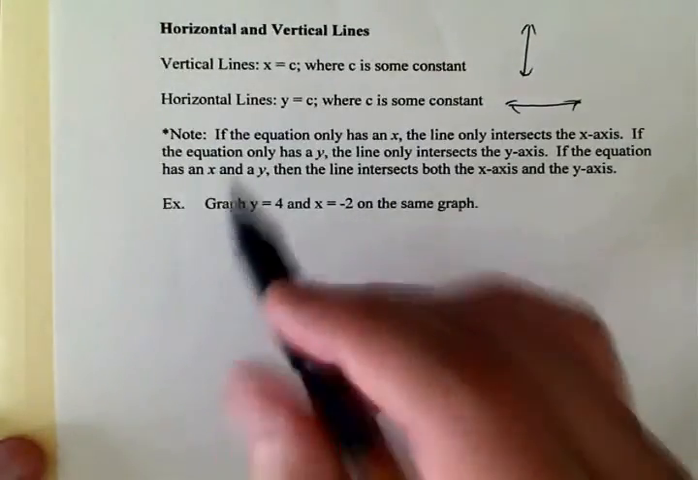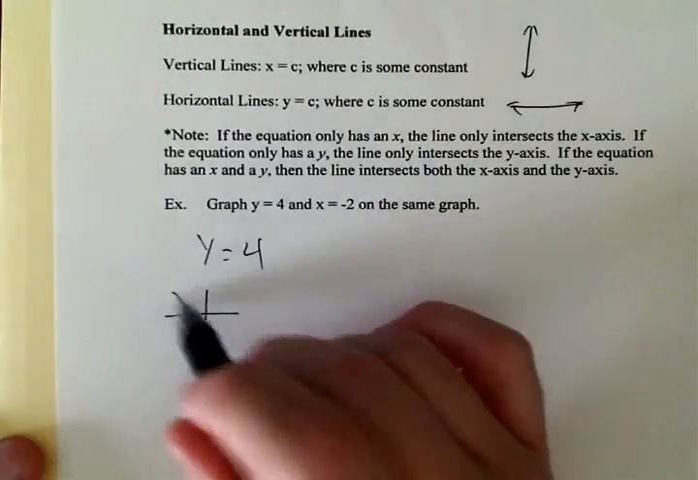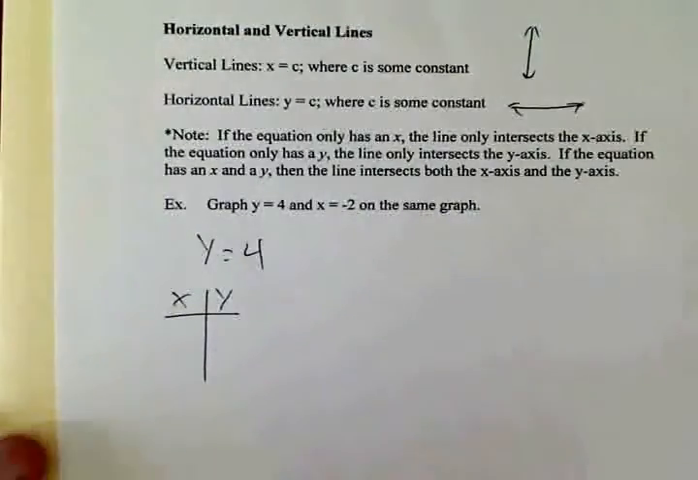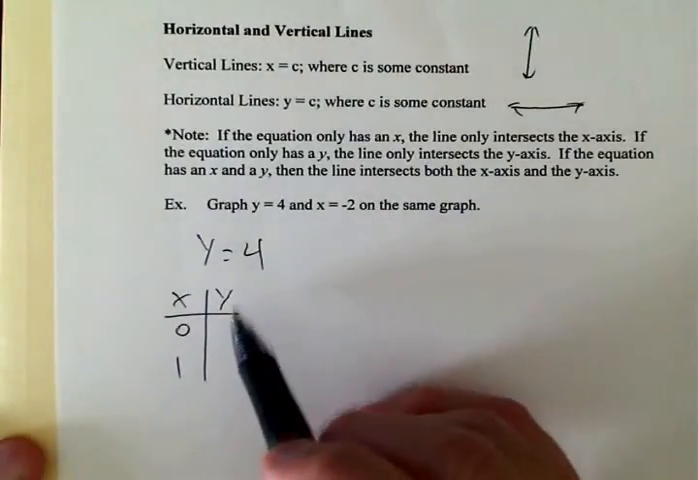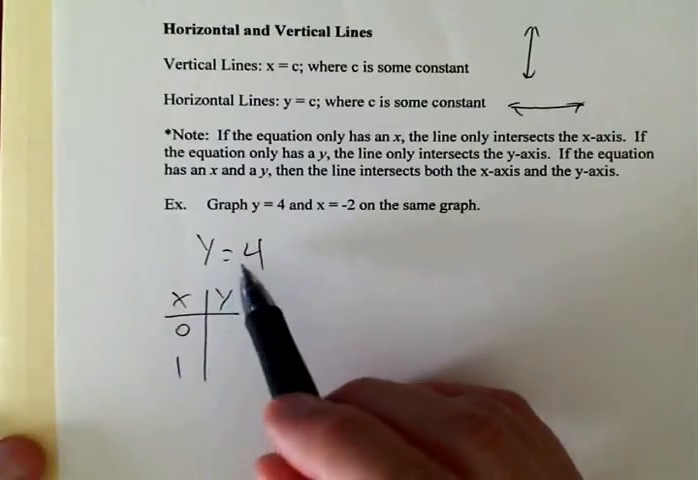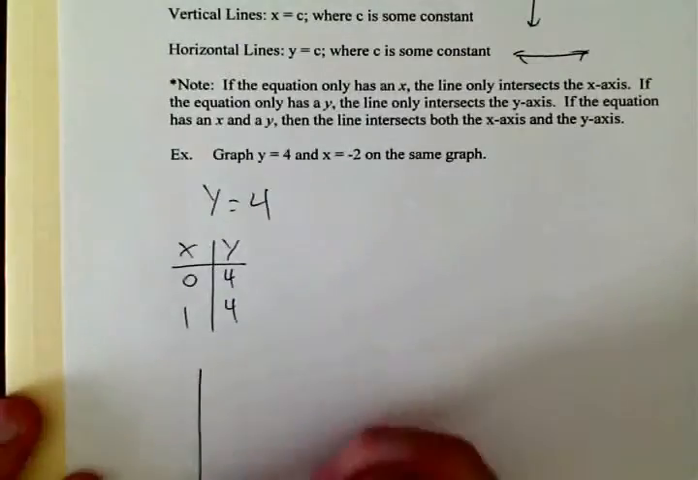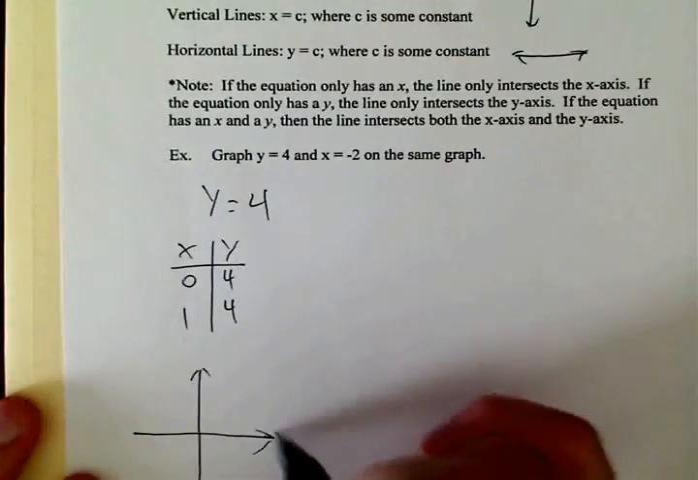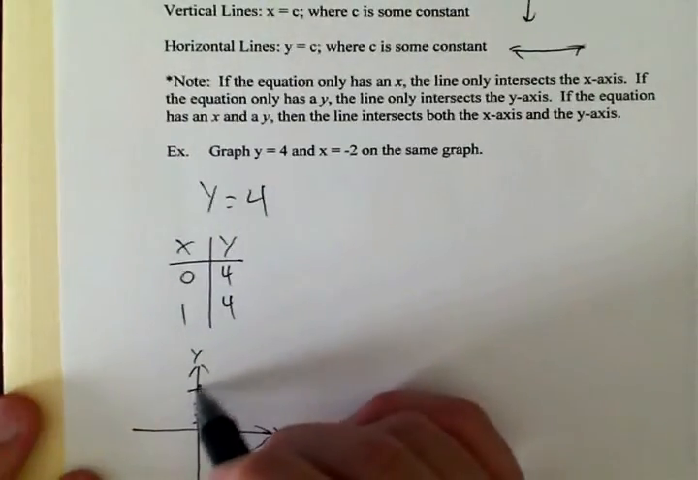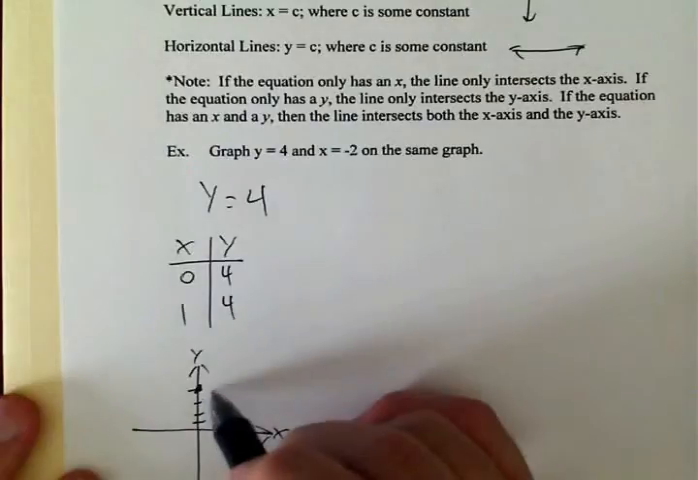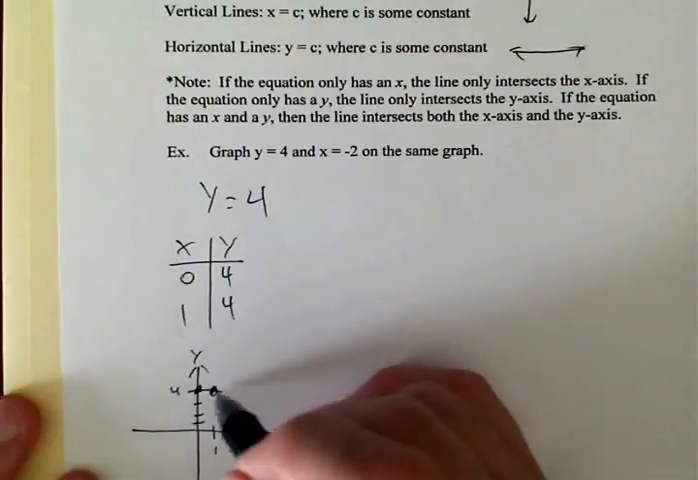So let's graph this. Let's graph y equals 4. Now I'm going to show you with a t-chart how this works. Once again, we're going to use any values we want for x, 0 and 1. But the y value, according to the equation, equals 4, which means it's always equal to 4 no matter what the x value is. So when we plot these points, 0, 4 will be right there. 1, 4 is right there. Connect the dots, extend the lines,